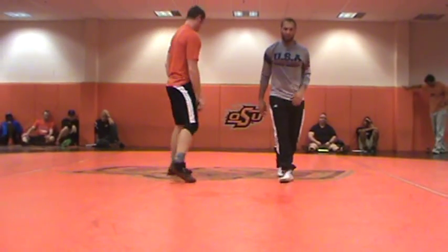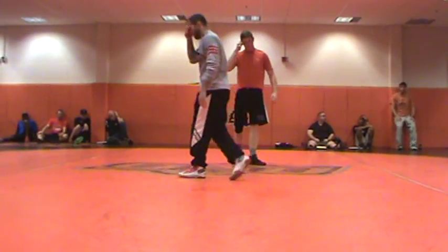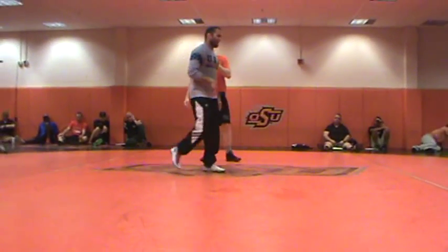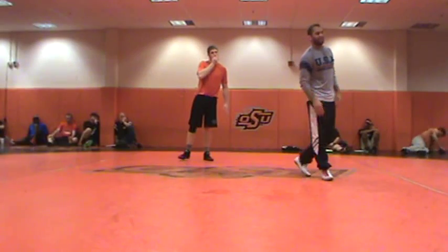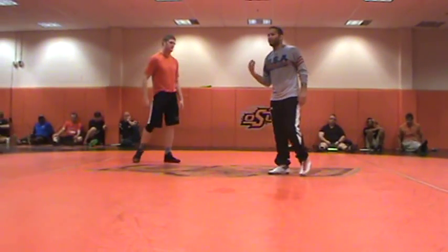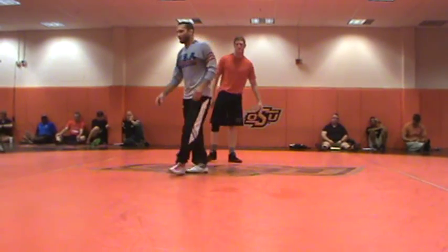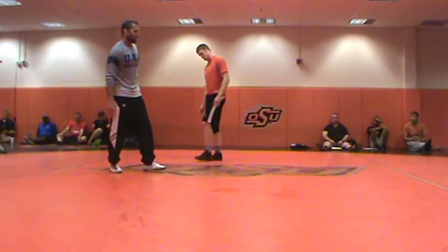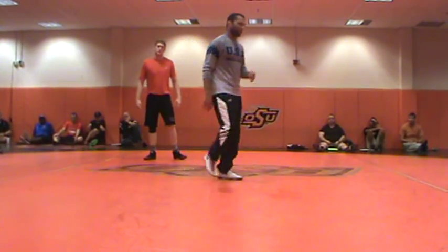To work the crow hop step, I remember I showed this last year at the coach's clinic, you guys were here. I tried to do my inside trip. Some of it was finesse, some of it was straight power, like a double leg. And what I would do, when I was in high school and worked a lot in college, is hard to find a partner to do it,